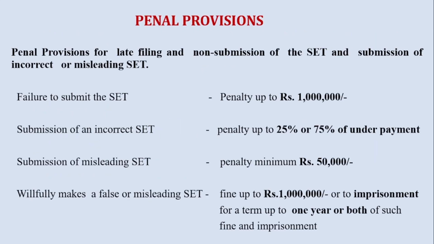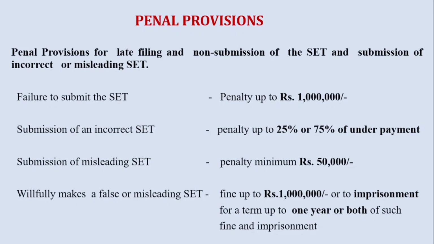Now these are the penal provisions. Penal provisions are provided for the late filing and non-submission of the SET and submission of incorrect or misleading SET. If it is a failure to submit the SET, then the penalty will be up to 1 million. If this penal provision is for the submission of an incorrect SET, the penalty will be up to 25% or 75%